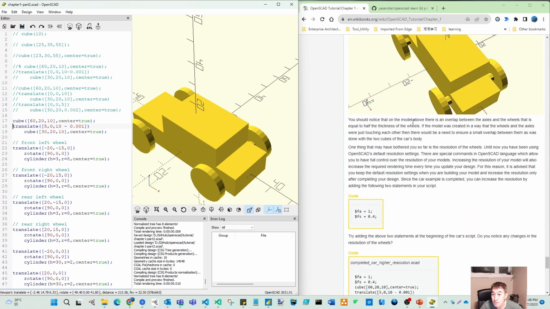You should notice the model above is overlapping between the axles and the wheel. That is equal to half of the thickness of the wheel. So that is the purpose. If the model was created in a way that the wheel and the axle were just touching each other, like this upper and the bottom, we would need another similar way, like this minus